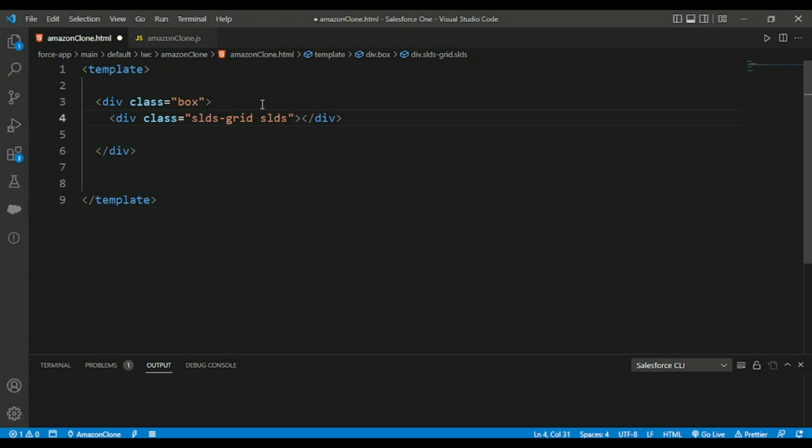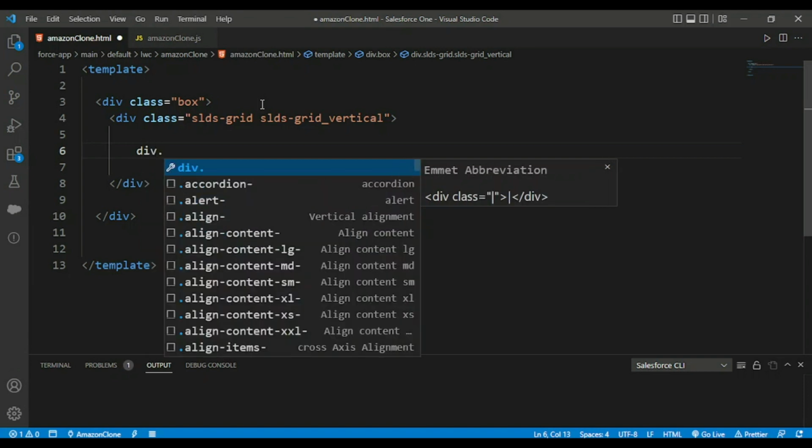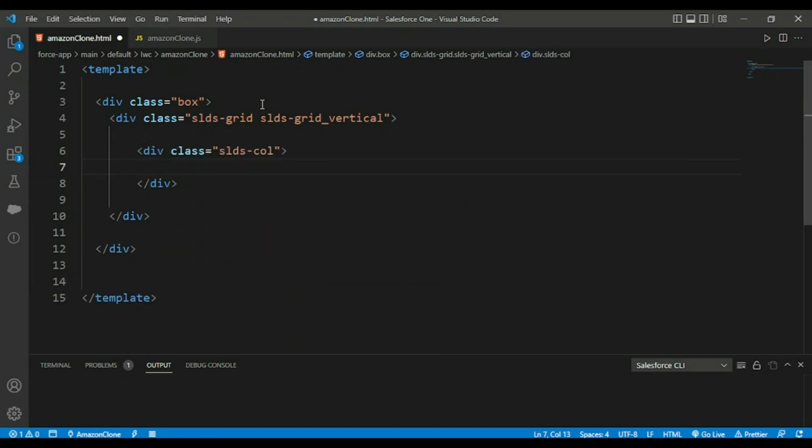But for your understanding, I am typing the entire code again, so that you should not get confused. So SLDS grid vertical means that the entire alignment would be shifted from horizontal to vertical. And in here we would be defining some columns, div.slds column, and